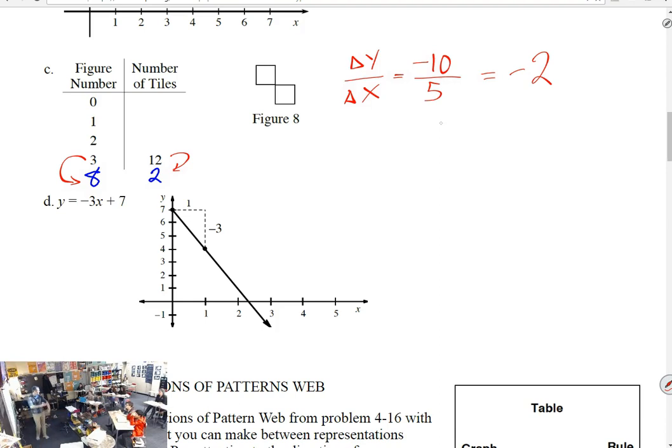So, at the beginning, I start with a collection of tiles. We don't know what it looks like. Step, drop 2. Step, drop 2. So, as I go backwards, what behavior would happen if instead of moving forward, we're adding 2. So, figure number 2 would have, figure 1, figure 0, which makes my equation